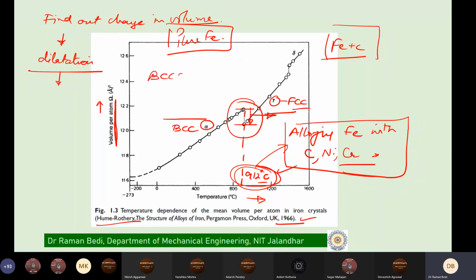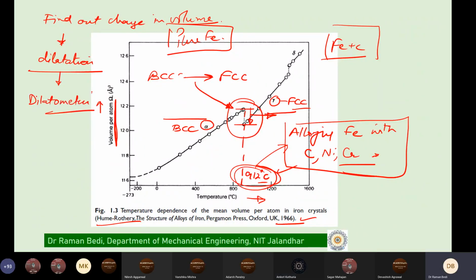In pure iron, it happens instantly at 912 degrees centigrade. The temperature remains constant. So you can do it with dilatation, and the instrument is available. It is called a